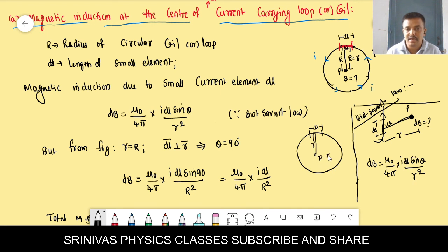Here I want to find out the magnetic induction. You see this small r and dl are perpendicular. This is the dl. A small part on the circle is a straight line. That straight line is always perpendicular to the radius, which joins the center to the point on the perimeter. We take 90 here because dl is perpendicular to r. dl is this one, small r is this one. Small r is the distance from the center of the element to the point where we are finding the magnetic induction.